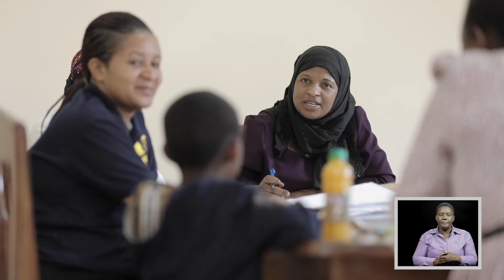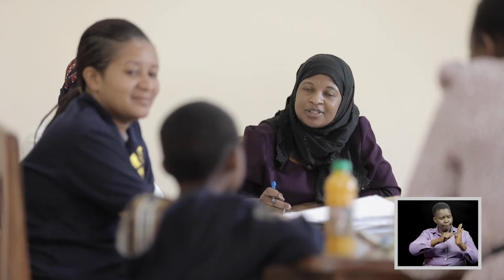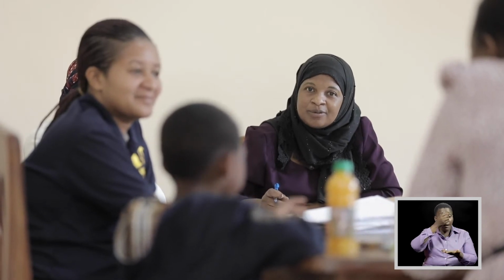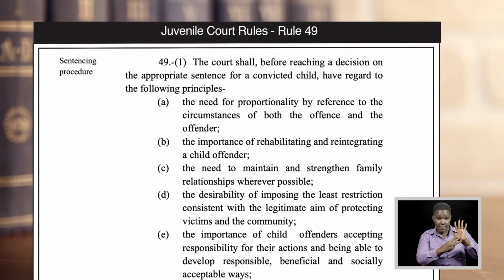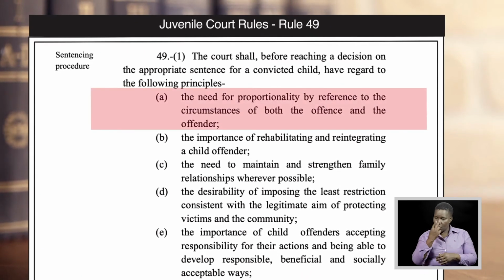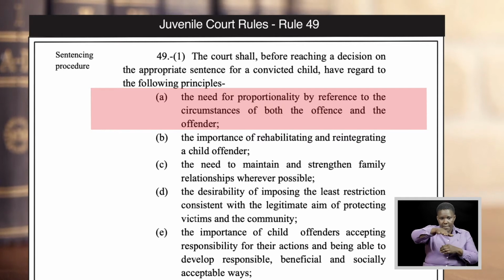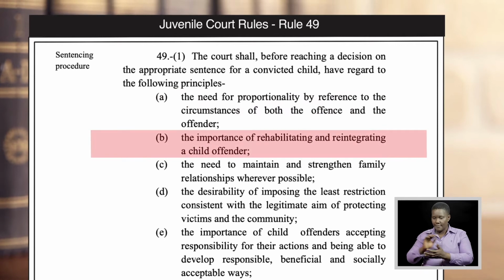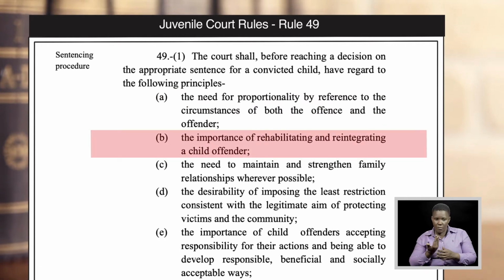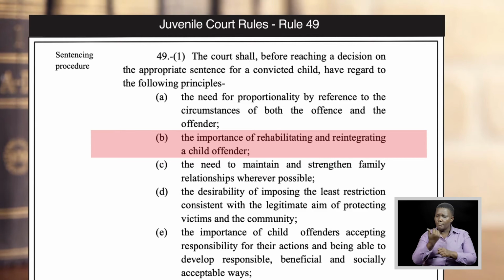Sentences. Here are the sentencing principles to be considered before reaching the decision on the appropriate sentence for a convicted child. Refer to Rule 49 of the Juvenile Court Rules. Proportionality by reference to the circumstances of both the offense and the offender. The importance of rehabilitating and reintegrating child offenders. Yes, take into account the importance of rehabilitating and reintegrating a child offender,